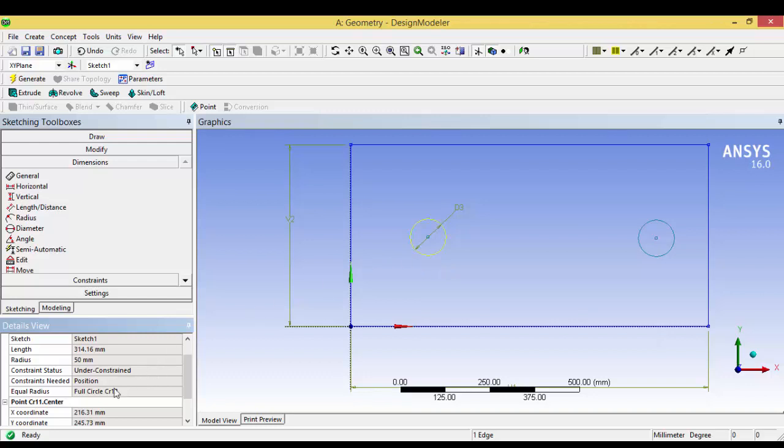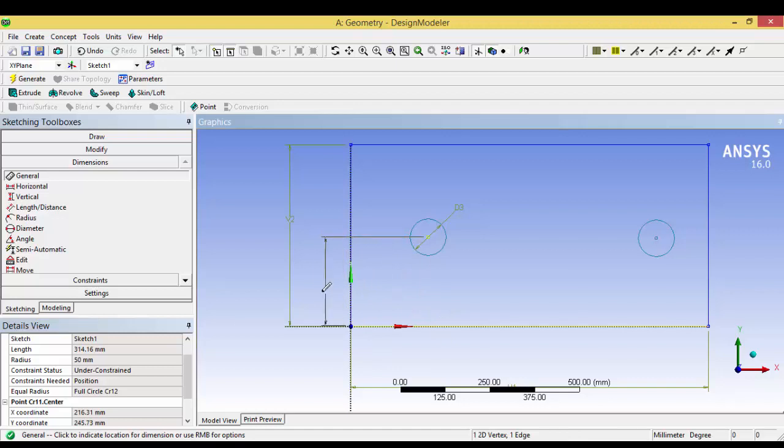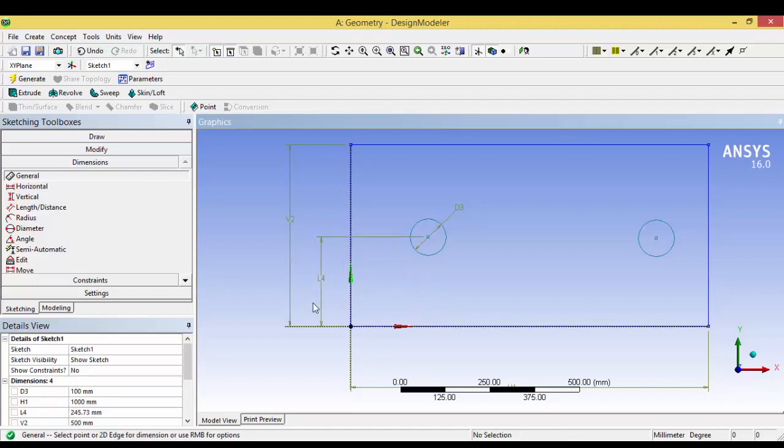We can see what are the constraints needed. The position of the circle is still not provided, so we have to give the position of the circle. Let me give the position of the circle. I can simply give general, and I can click this center and this baseline, and now I can give this distance. As the overall height is 500 mm, now I am giving 250 mm so that it will be centered. I have given one position to that in the y axis,